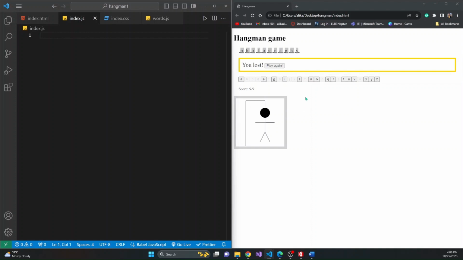First of all, in the game we see that there is a random word from the dictionary. We're going to generate this random word from the words.js file. For that, first of all, we're going to make a random function, which will choose a random word from the words. We're going to name it random, which is going to take two parameters,